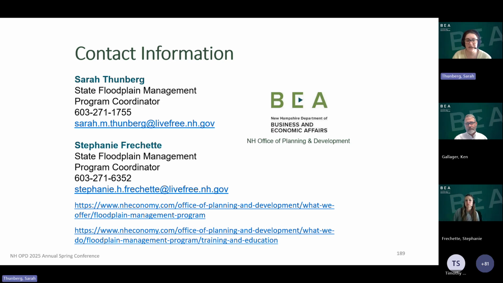Now, FEMA will not do this by themselves. They need to be prompted by someone, and that person is expected to pay for the surveying to justify why they think that the map should be revised, because it is a very long process. It can take many months to do that. But it is possible to get your house removed if you can document and show that it is well above the base flood elevation.